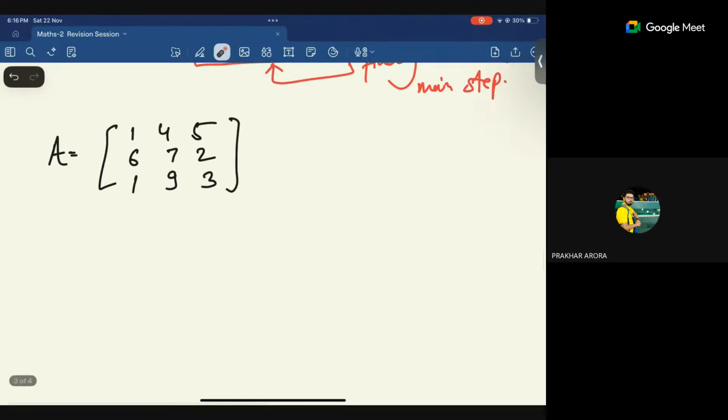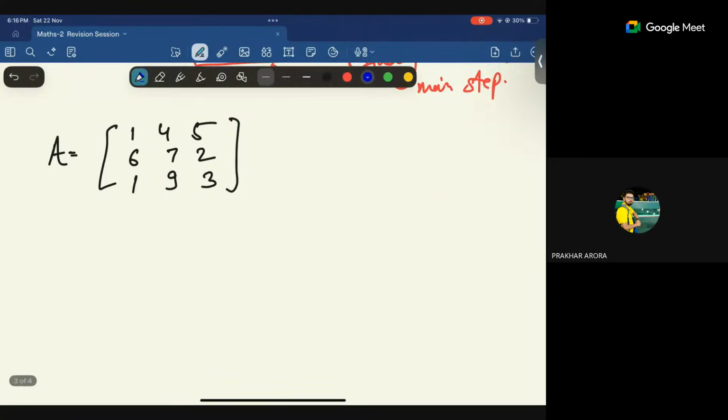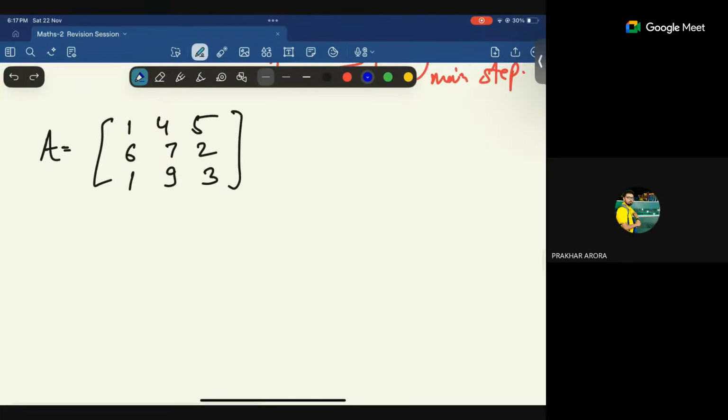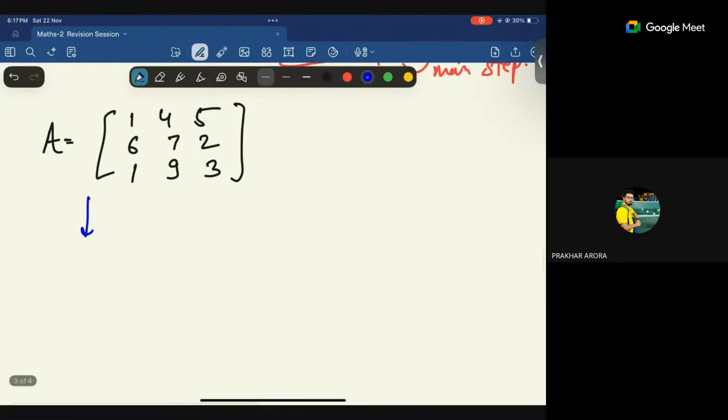So let us assume that we have the matrix somehow, either it's given in the question, or we have drawn it ourselves, and how to draw it ourselves, we will look at after this. So now we have the matrix. Just convert it into RREF. Just do it with me.